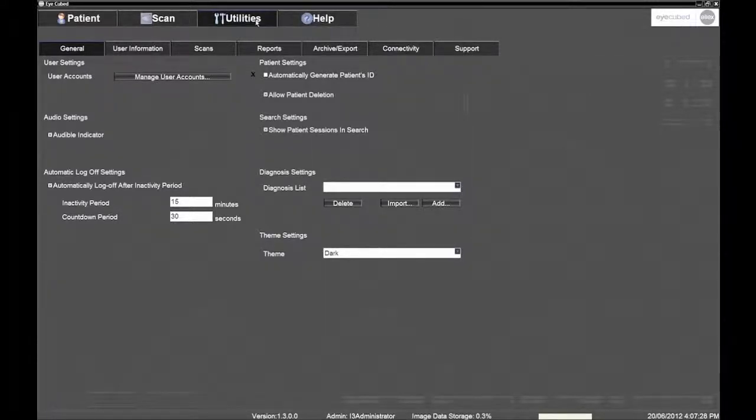In the General sub-tab, the Automatically Generate Patient's ID field is activated by default. However, you may deselect this option if the user's preference is to manually enter an ID for patients. This will most certainly be the case if the centre or clinic is already attributing specific IDs to patients. Still in the General sub-tab, we recommend deselecting the Show Patient Sessions in Search option, as this will help simplify